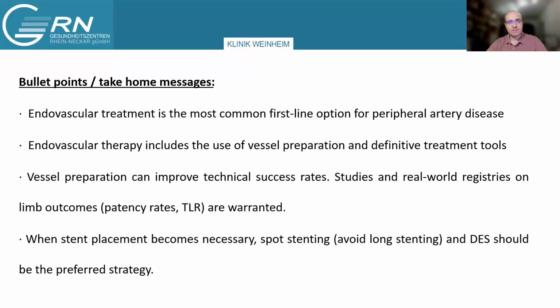I would like to summarize that the endovascular treatment is the most common first-line option for the treatment of peripheral artery disease. Endovascular therapy includes lesion preparation and definitive treatment tools. Vessel preparation can improve the technical success rate, but of course, studies and real-world registries on limb outcomes like patency rates and reinterventions are still warranted. If stenting becomes necessary, then prefer spot stenting and avoid long stenting, and if possible, use the drug-eluting stent technology as the preferred strategy. I would like finally to invite you